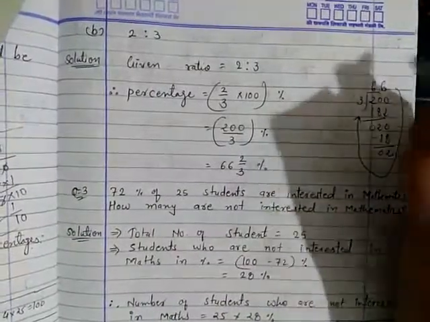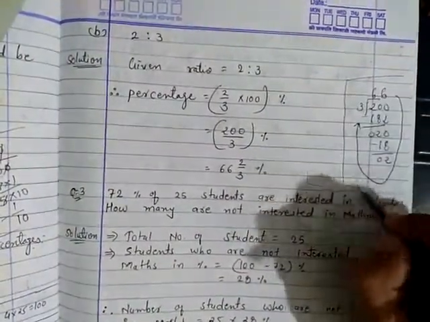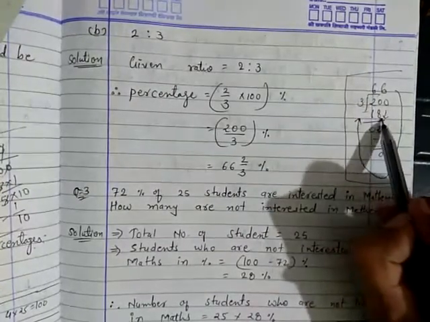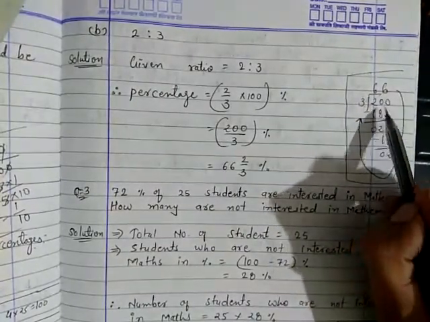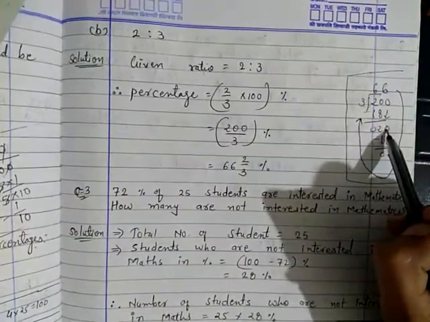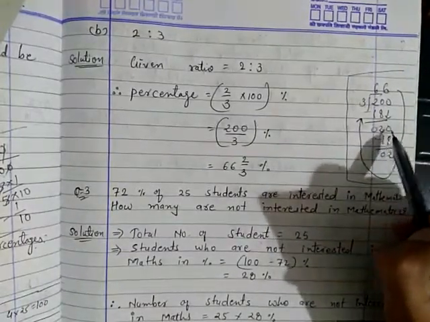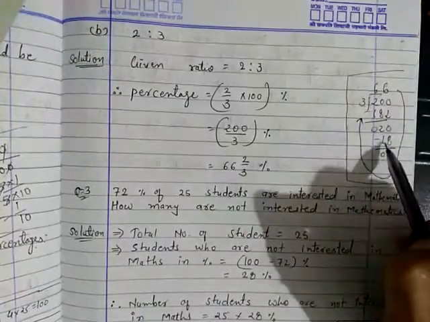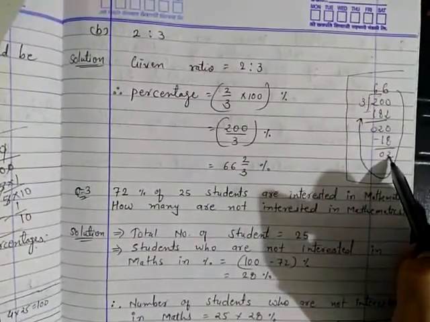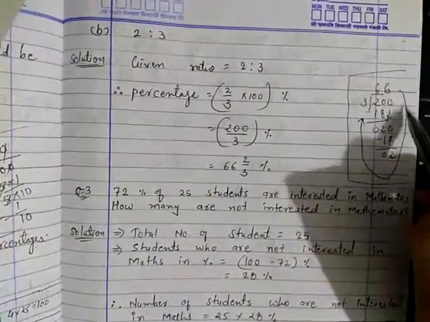Here you can see the rough calculations of this. 200 divided by 3. 3 sixes are 18. When you subtract 18 from 20, you will get 2. We take 0 from here. Now see which number is there? 20. 3 sixes are 18. 20 minus 18 is equal to 2. Now we cannot do calculations further.